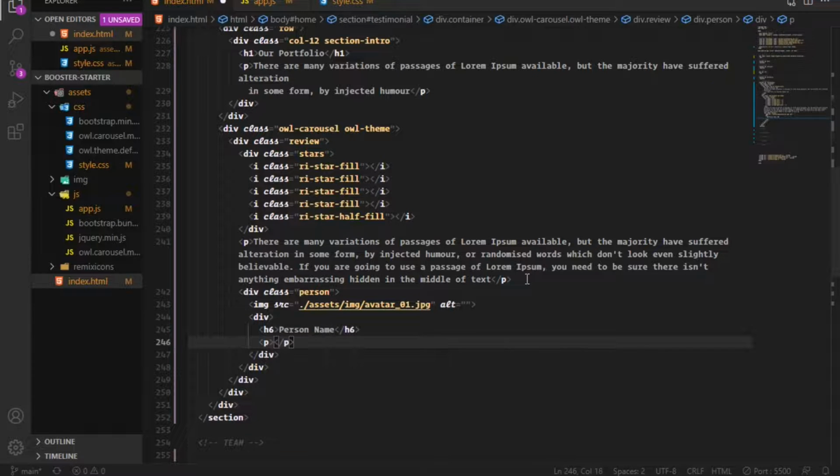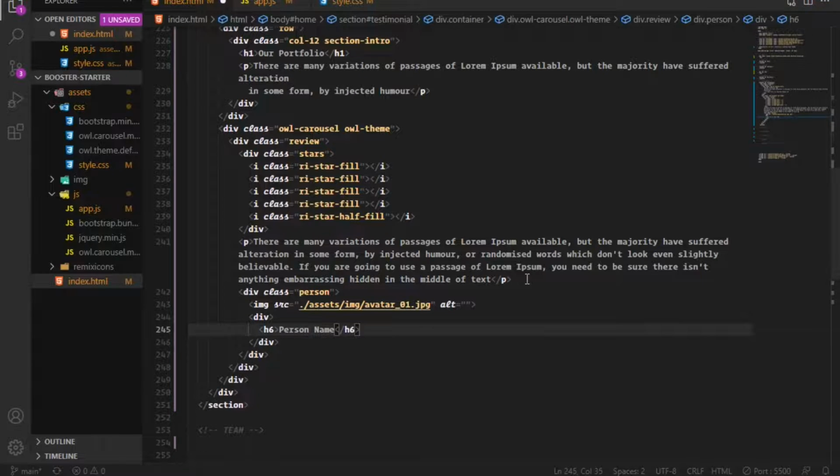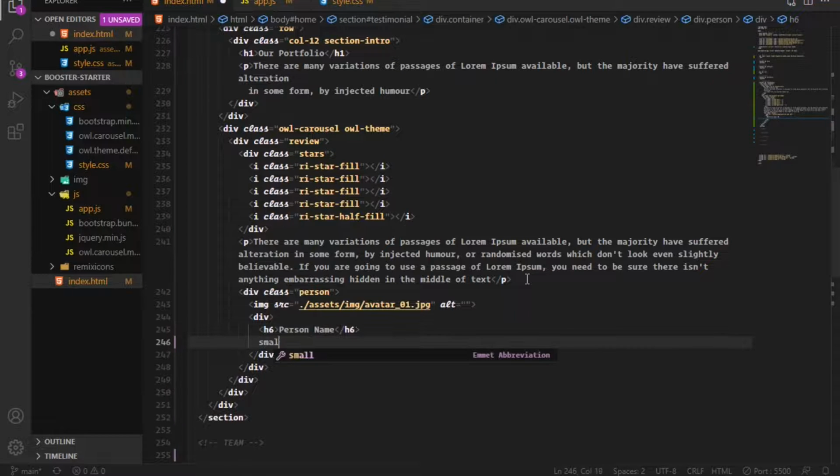I'm gonna create a paragraph and this will be small text, Web developer. Create a span,